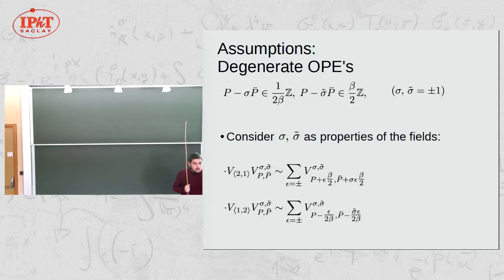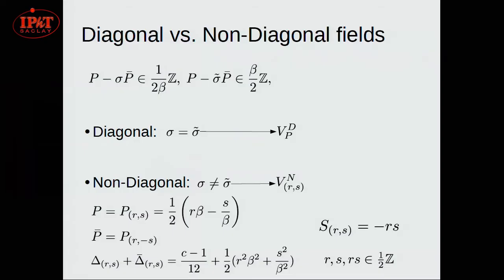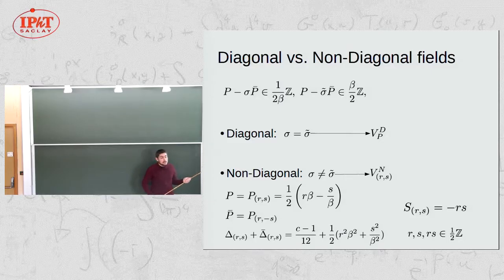We find that depending on whether sigma and sigma tilde are equal or different, we have two types of field. We call diagonal fields those which have sigma equal sigma tilde, and we can, without loss of generality, set them both equal to 1. In this case, we find by solving these two equations that the left and right momenta will be equal to one another, so we only need to identify the field by one of them. And of course, this will produce fields which only have zero spin. On the other hand, if we have sigma different from sigma tilde,